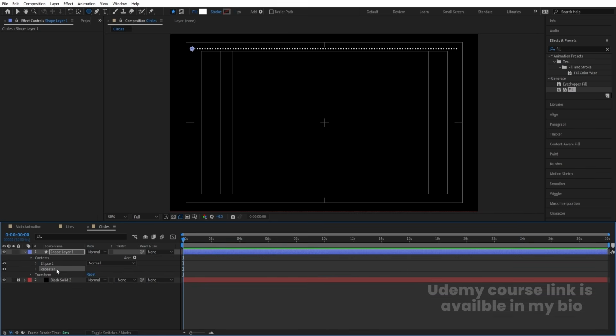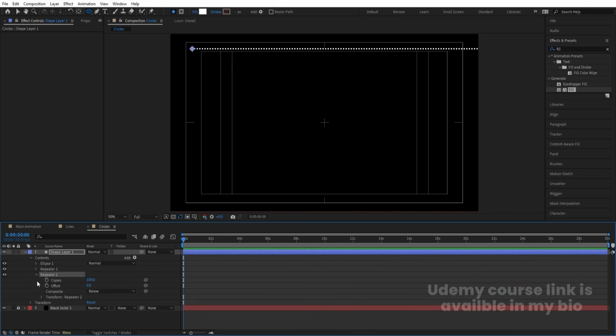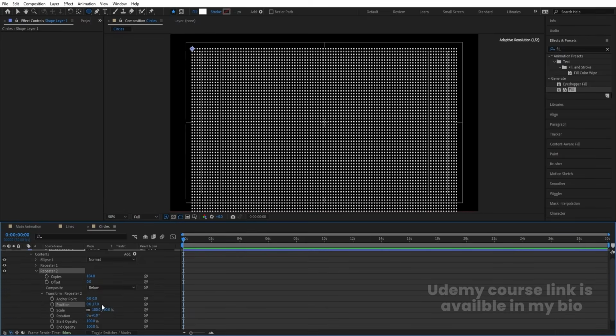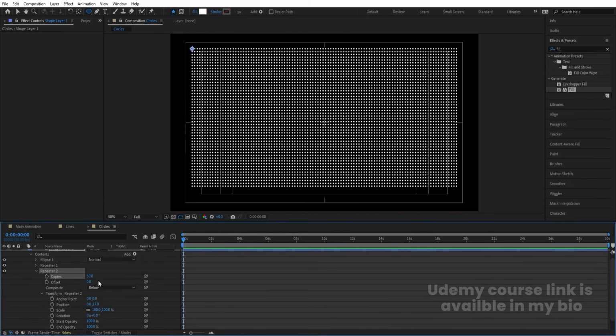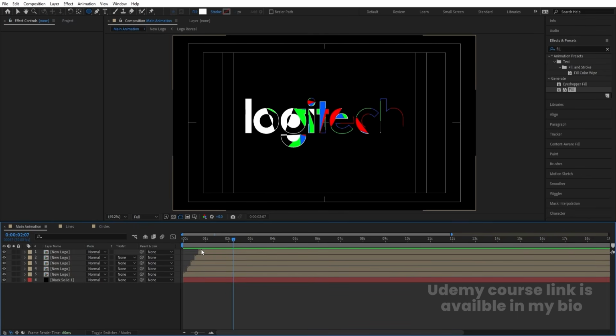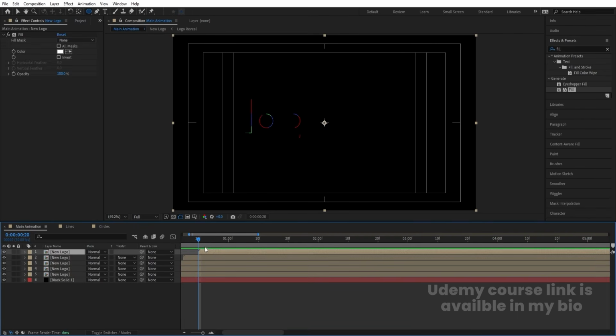Then select this repeater, hit Control D, go to the repeater 2, transform repeater 2. Let's make this position on x-axis should be 0, and on y-axis I'm going to increase the size. And this time we don't need much more. I think 50 is enough. Okay, now let's go to the main animation and let's go to at this point. And again I'm going to take a distance of 5 frames, and let's go over here, hit Control 0, and